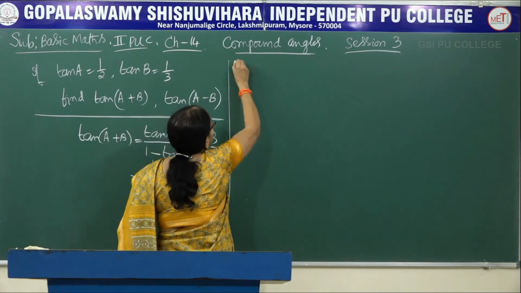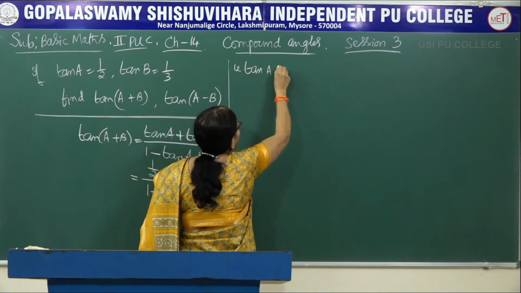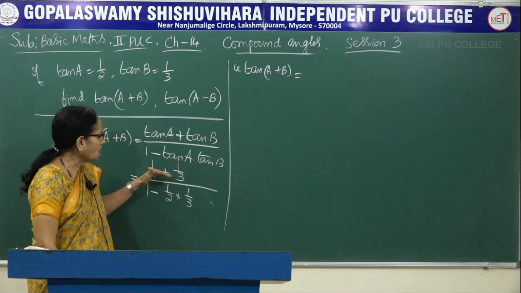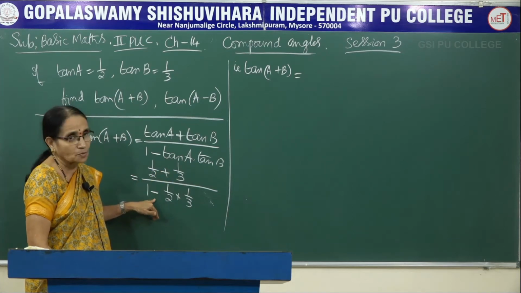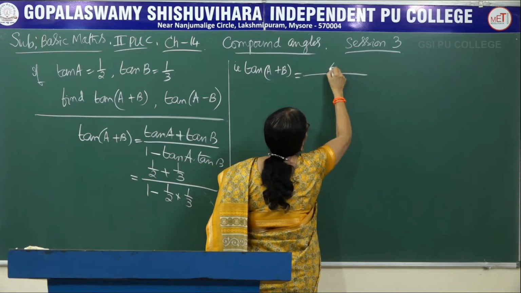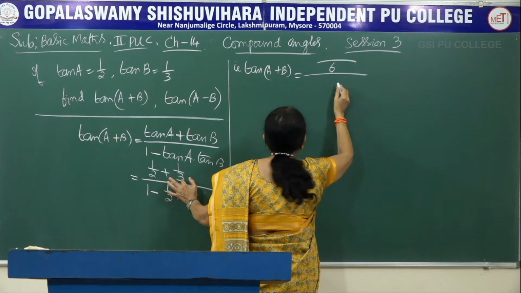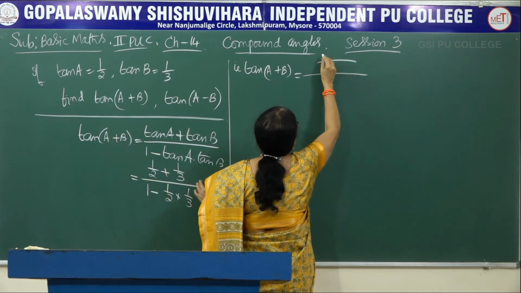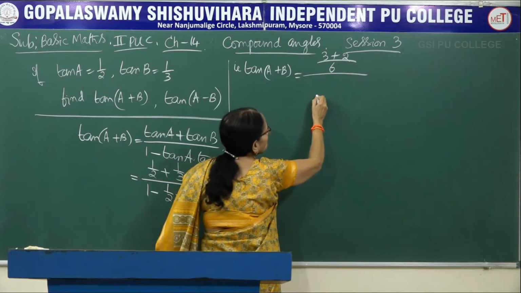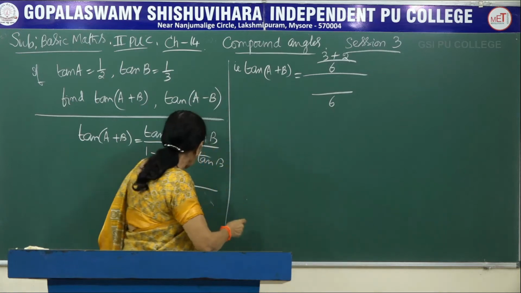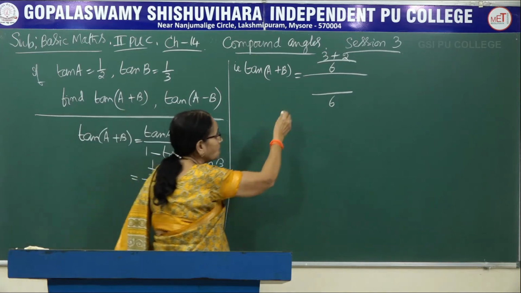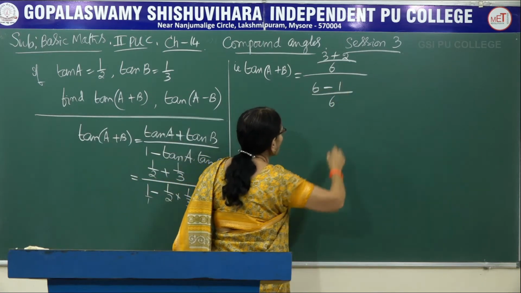Now tan of a plus b is equal to, look at the right hand side. We are having the addition of the fractions, here the subtraction of the fractions. The procedure is as usual, take the LCM. For 2 and 3, the LCM is 6. So 2 3s are 3 into 1 and then 3 2s are 2 into 1. The denominator also, 6 is the LCM and 1 you can take as 1 by 1. So 6 ones, and 1 into 6, that would be 6 here and 1 into 1, that is 1.